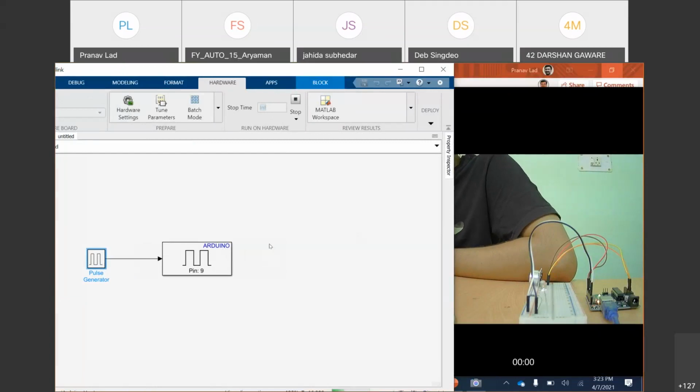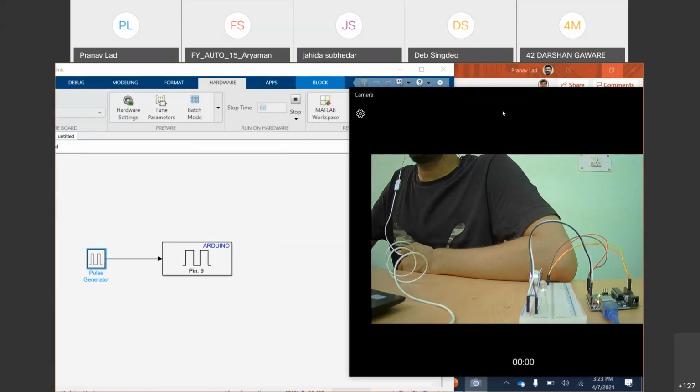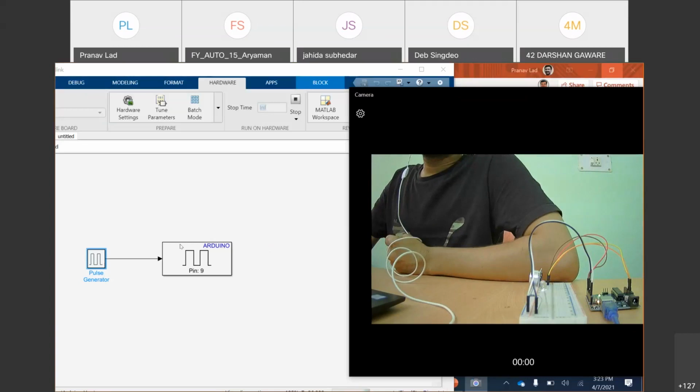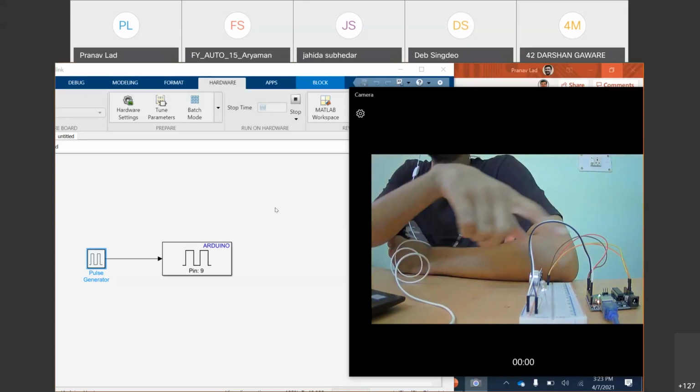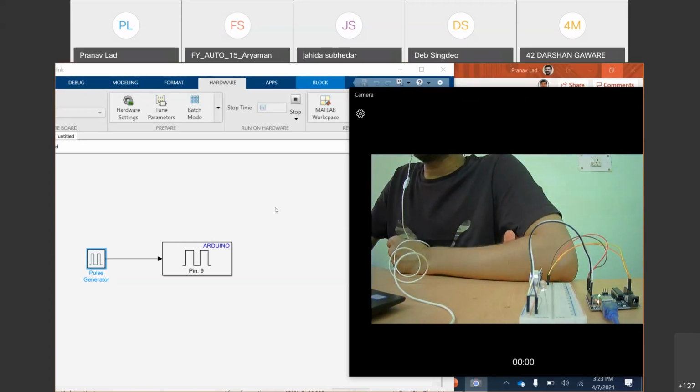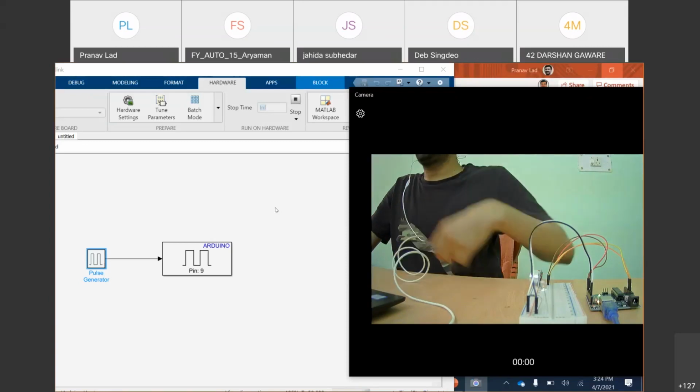One more advantage is if you change the hardware. So instead of Arduino, if you for some reason decide to use Raspberry Pi in your project, you don't need to switch between scripting languages and try to learn different languages over there, right? What you just need to do is change this particular block to your Raspberry Pi block, change the hardware to Raspberry Pi, and things will start working. You just need to worry about the hardware connections that you are making here. If you change the hardware, that's it. So that is the advantage that way.